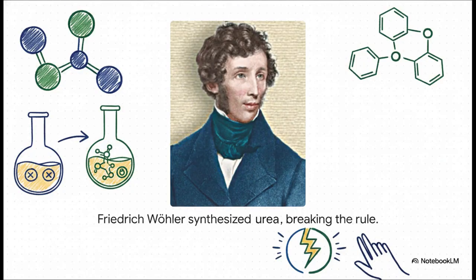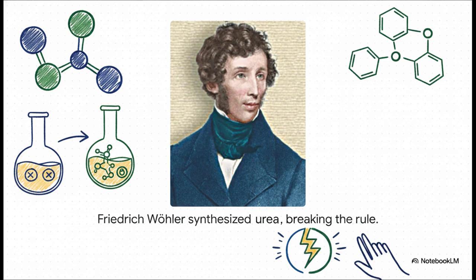But then, in 1828, one guy basically shattered that entire worldview. Enter Friedrich Wöhler. He was a brilliant German pioneer in organic chemistry, and he went completely against the grain of that mainstream vitalism theory. How did he do it? Well, he actually synthesized urea, a known organic compound, directly from an inorganic compound called ammonium cyanate. With just that single groundbreaking experiment, Wöhler proved that carbon's architecture could actually be built by human hands. He proved the rules of chemistry apply universally, and honestly, that opened the floodgates to the millions of organic compounds